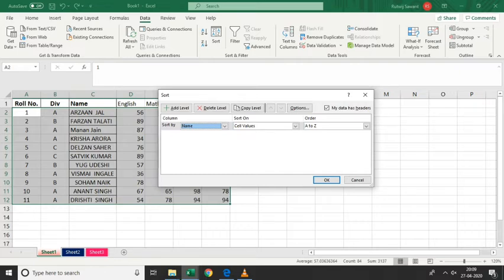Now I'll click on OK. When I click on OK, it will sort only that one column, but as I said I want to sort division wise also. So I'll click on Add Level. First it will sort according to the name, and with the name it will also consider the division. I'm selecting division over here, sort A to Z, and click on OK. Again I'll select the column. On this option I won't do anything because I want the cell value, and within this I'll select A to Z and then click on OK. You can see how it has got sorted.